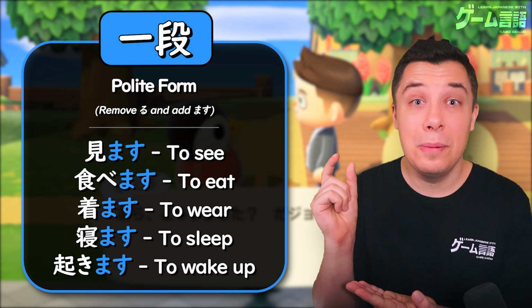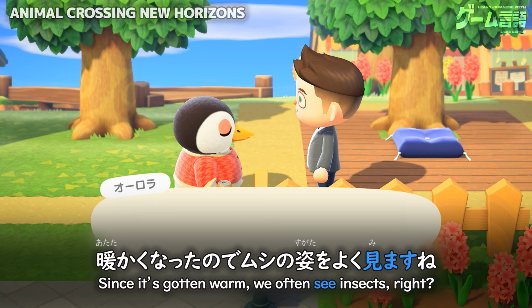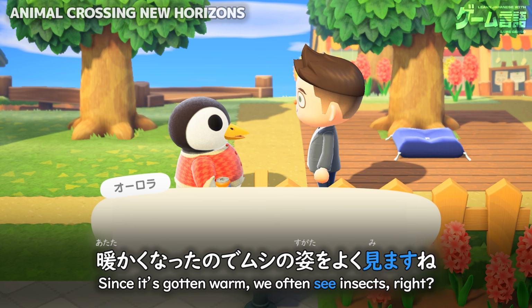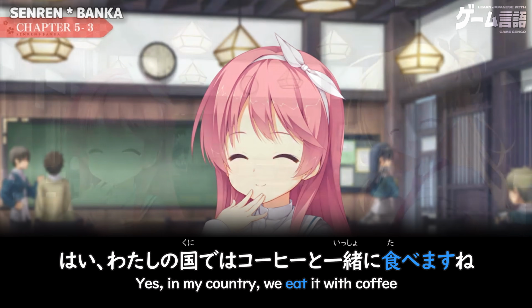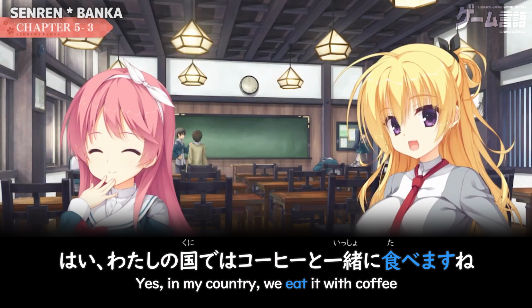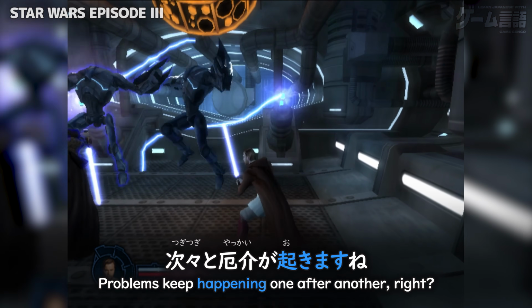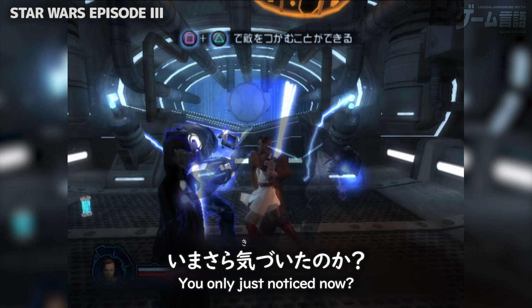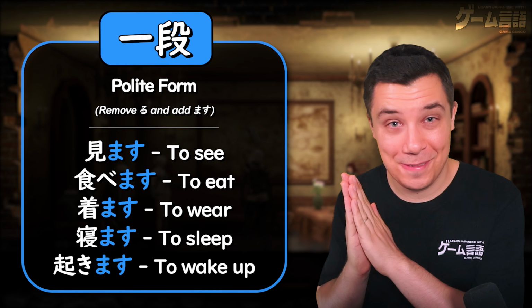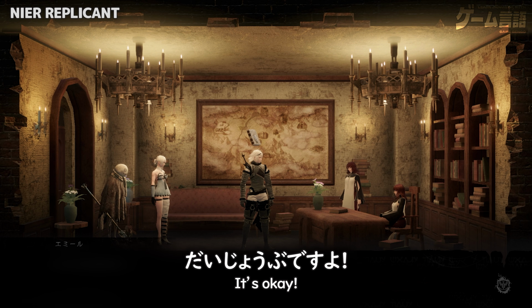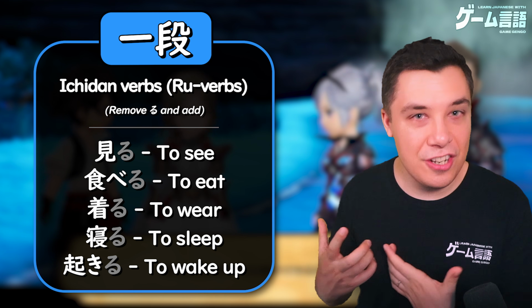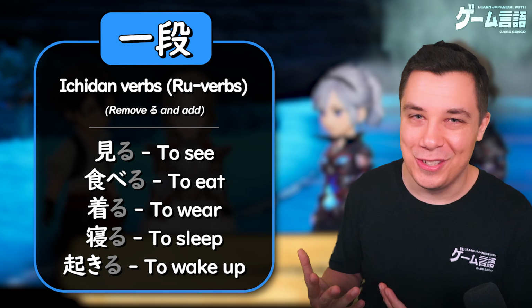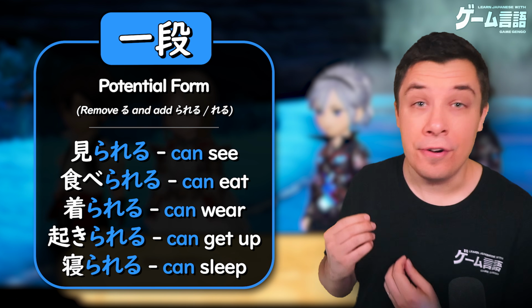If you want to use the verb in the polite form, all you need to do is drop the ru and add mas. Mimas. 暖かくなったので、虫の姿はよく見ますね。 Tabemas. 私の国ではコーヒーと一緒に食べますね。 Okimas. 次々と厄介が起きますね。 今さら気づいたのか。 Nemas. 大丈夫ですよ。僕らなら外で寝ますから。